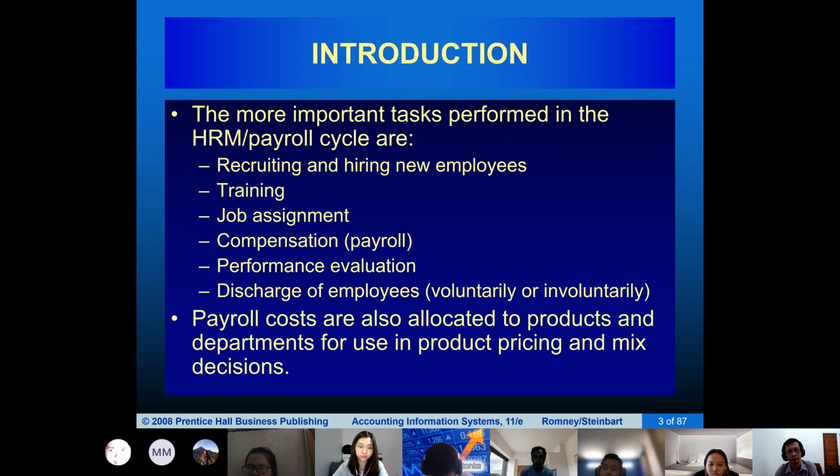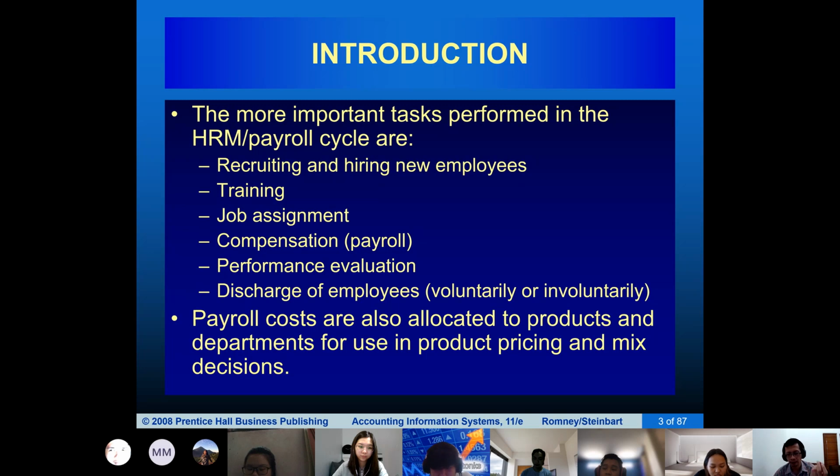And then after the training, they will be assigned. In many management training programs, the new employee will be assigned to different functions, probably first to accounting and finance, and then move to marketing, and then to production, for example, and so on and so forth. And then after the management training finishes, there will be an assessment.